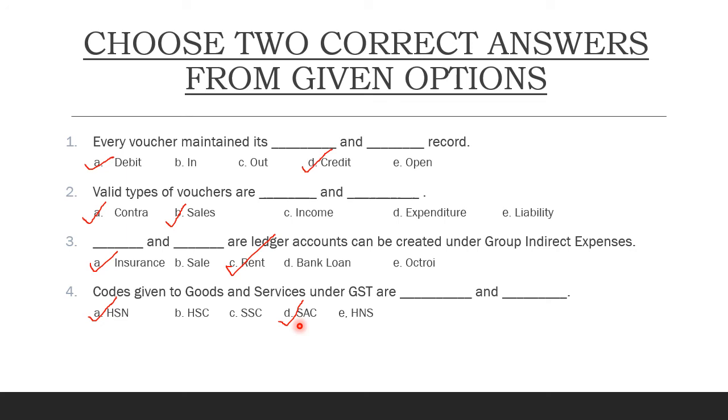So all the questions are like this. This accounting chapter is mostly based on objectives, so mostly objective questions are going to come from this chapter. After finishing all the chapters, I am going to tell you more. So we have completed this chapter and the exercise given at the end of it. Only one question is remaining, that is the list of GST. That work you have to do.